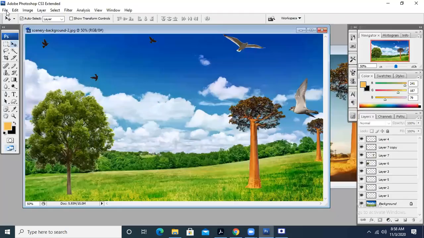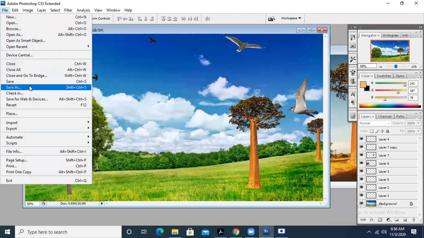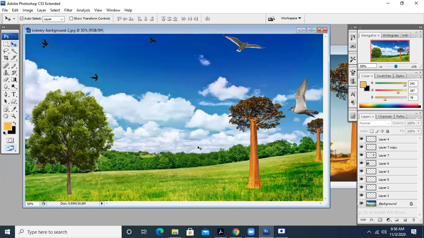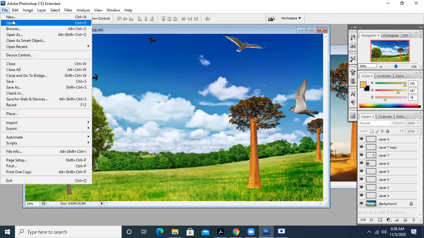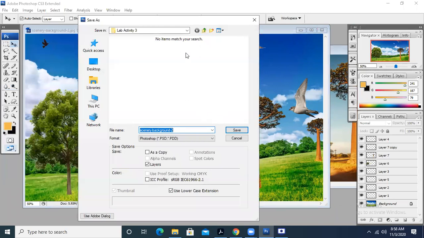You can make the image, you can save it with the Adobe Photoshop format, and you can save for web and devices as well. You can insert some more things. For example, if you want to insert a heart, take a picture of a heart and just insert it over here. So you can make it more beautiful, as you can insert as many pictures according to your requirements. So this is basically your lab activity